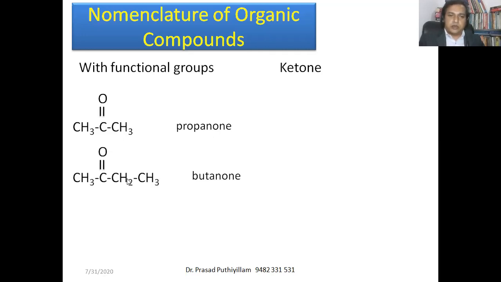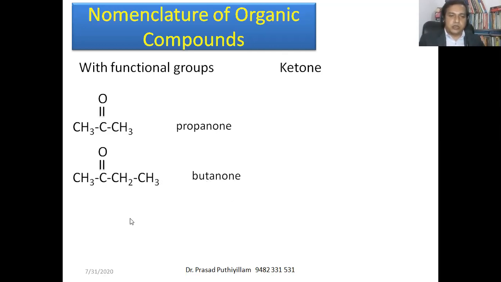That is propanone. This is butanone. Again, the second carbon atom has the double bond. Whether you give the double bond O to this carbon atom or the other, it still becomes the second carbon atom only. Therefore, butanone is sufficient. Here, -one is the suffix used with the parent alkane, and the last e is replaced with one. Therefore, it becomes propanone, and the next molecule becomes butanone.